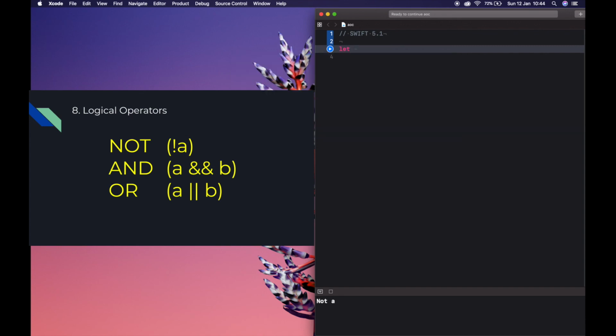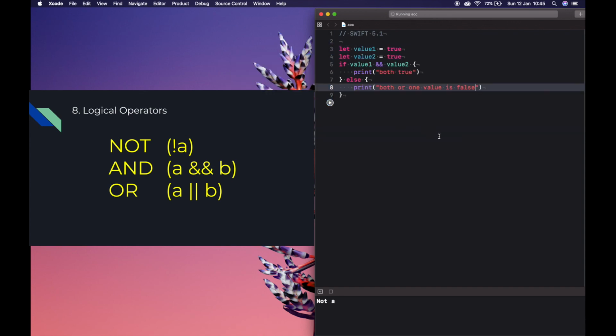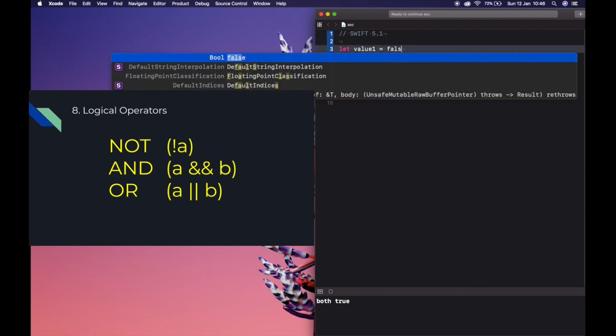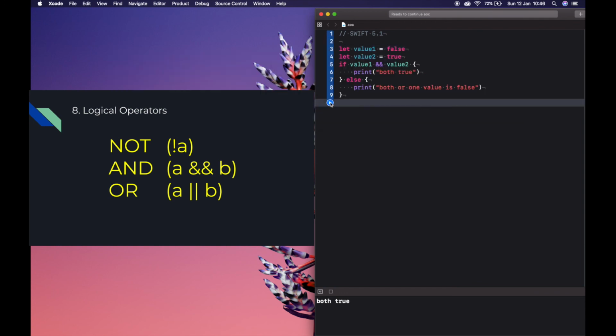Example, let value 1 and value 2. In this case both value 1 and value 2 are true. So using the logical AND operator, we enter into this condition. Then we change any one of the values to false. It will go inside the else condition.